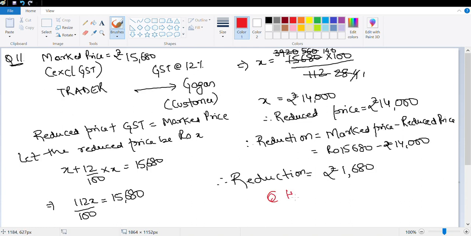Right, that brings me to an end of this chapter. Let's look at the homework question. There's only one question that I did not solve, which was question number 9. My suggestion, solve these questions on your own as well.